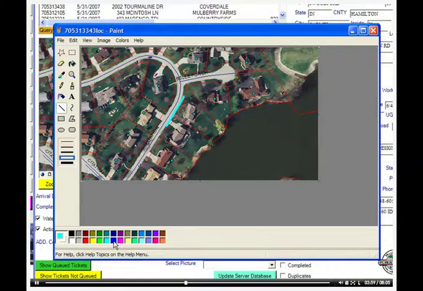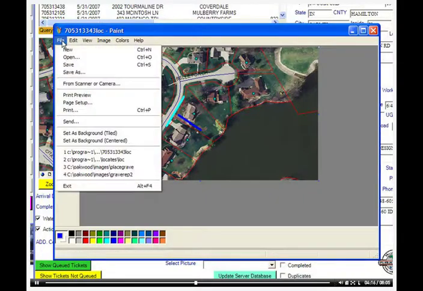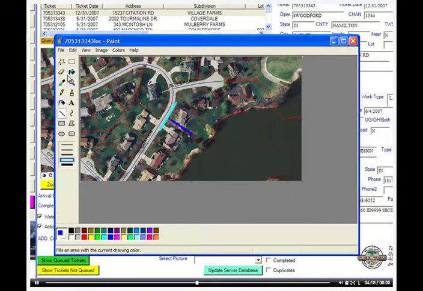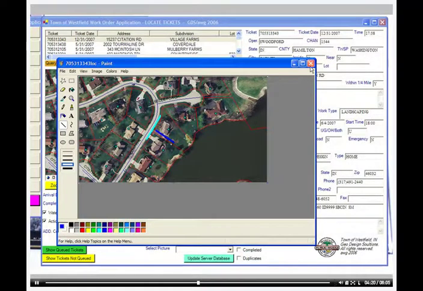If they had other information, like a water line that somebody was trying to find on that parcel, they could have maybe put that there was a water line going down here on the side of that parcel, so that they know exactly where that line is located. And once this is done, then they could go ahead and just hit save and save that as a picture